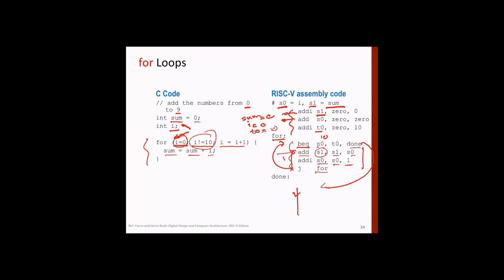Why can't you write what does add for S1? Pardon? Which one you are talking? Which add? The statement here? Yes. So what are we doing? I mean, we are doing this statement, right? Sum is equal to sum plus I. So variable sum is in S1 and I is in S0. Add I. Why can't we use add I there?